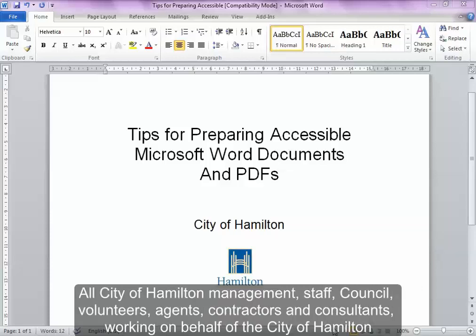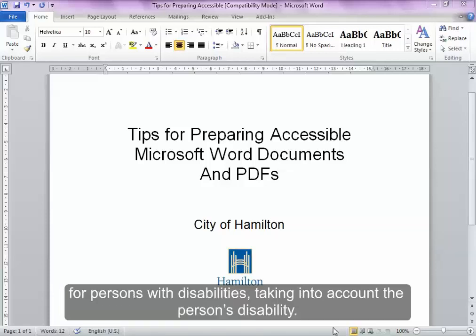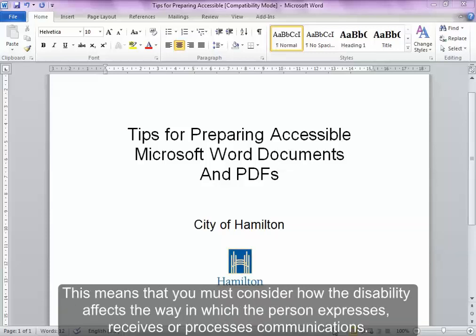for Customer Service. All City of Hamilton management, staff, council, volunteers, agents, contractors, and consultants working on behalf of the City of Hamilton are required to communicate, produce emails and printed documents, or the information contained in the document, in accessible formats for persons with disabilities, taking into account the person's disability. This means that you must consider how the disability affects the way in which the person expresses, receives, or processes